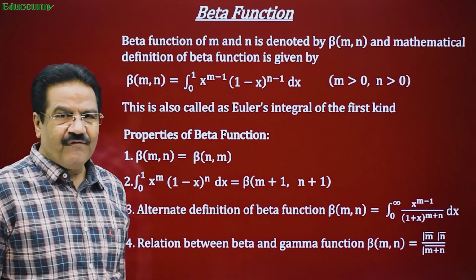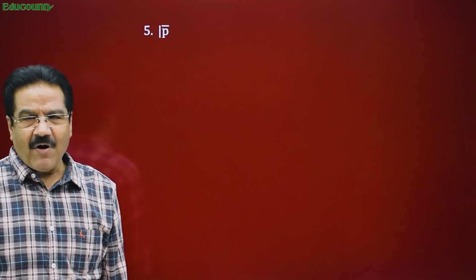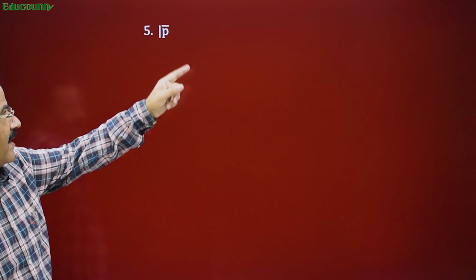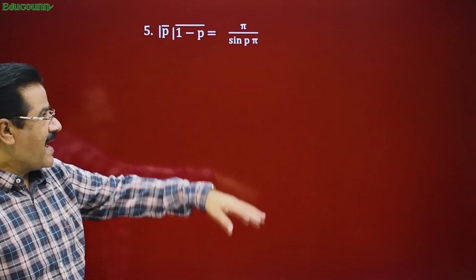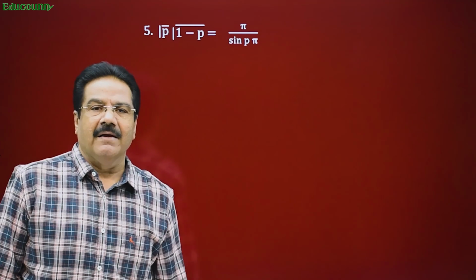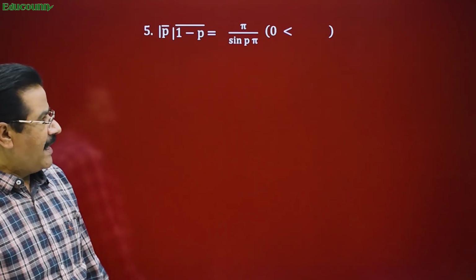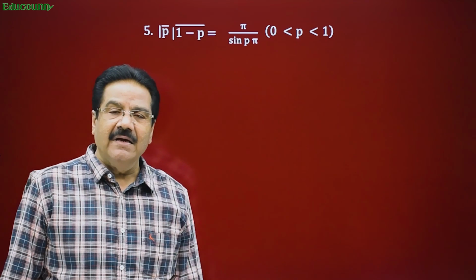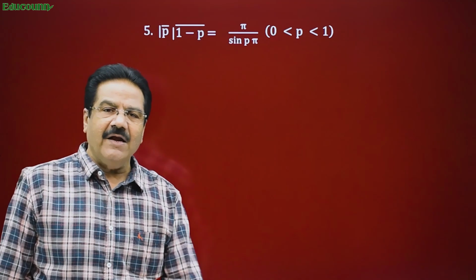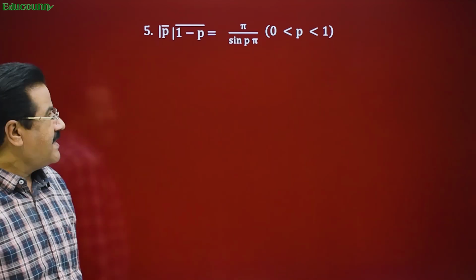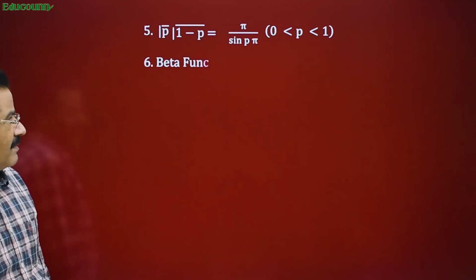Let us take now the 5th property. Property number 5: gamma of p multiplied by gamma of 1 minus p is equal to pi upon sine of p pi, where the value of p should lie between 0 and 1. This is also one of the important properties that we require while solving examples. Number 6,